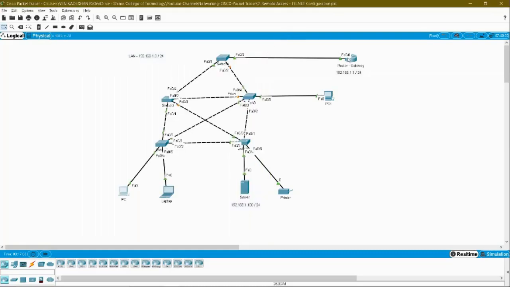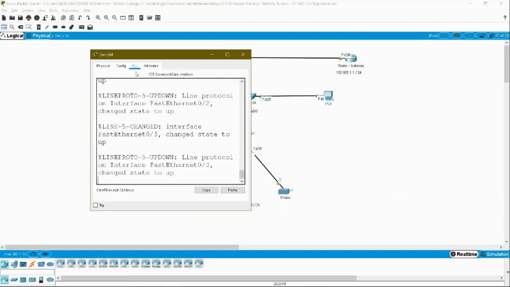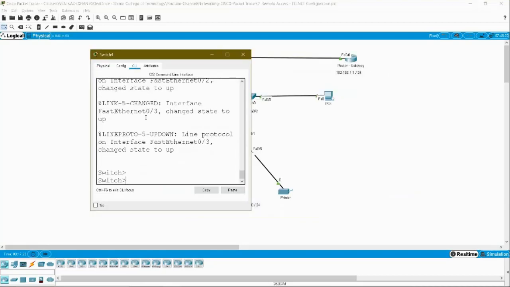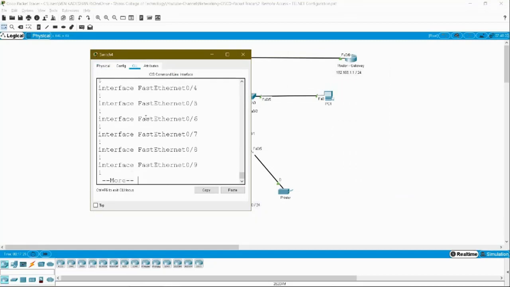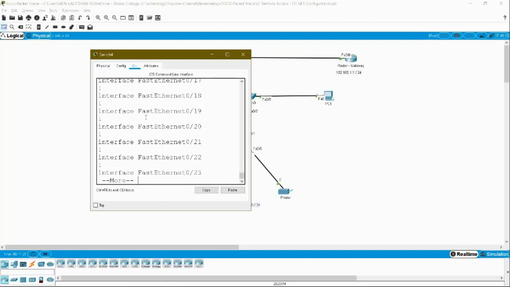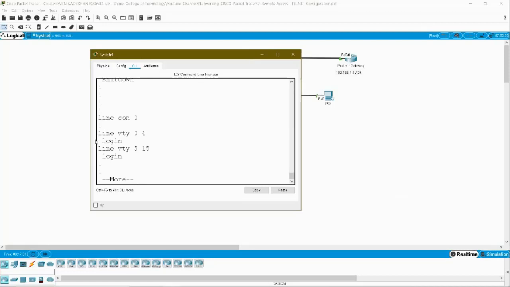So this is about how to configure the telnet service in your router. Same like the router, you can configure it in a switch. Here I am taking this switch and going to CLI. Enable, show run, give it, and if you move down, similar to your router, here also you will have line VTY statements with range 0 to 4 and also 5 to 15.